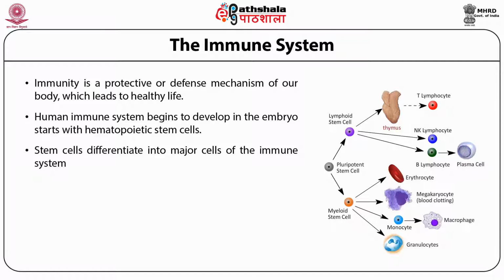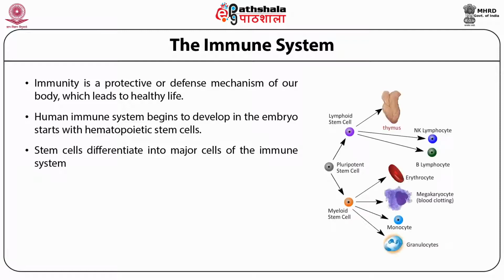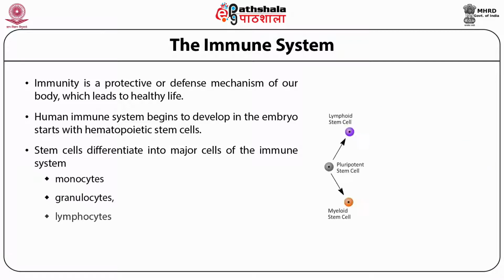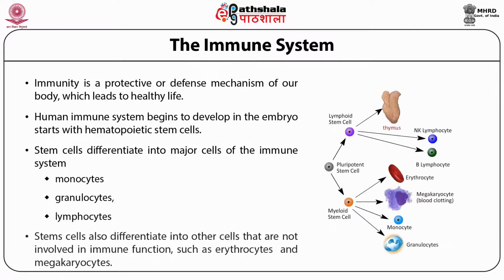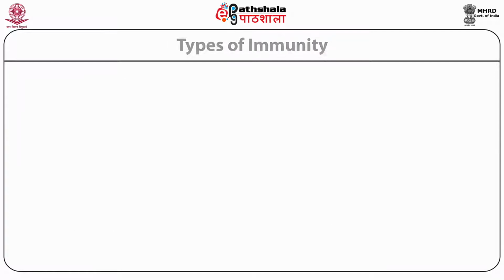In the case of the myeloid series, you can see a large number of cells called monocytes, granulocytes, eosinophils, etc. They come under the myeloid series, whereas B cells and T cells are restricted to the lymphoid series. If you look at immunity in a given individual, it is broadly divided into two types.